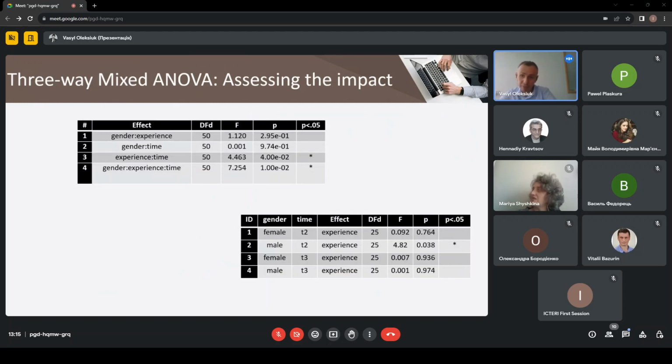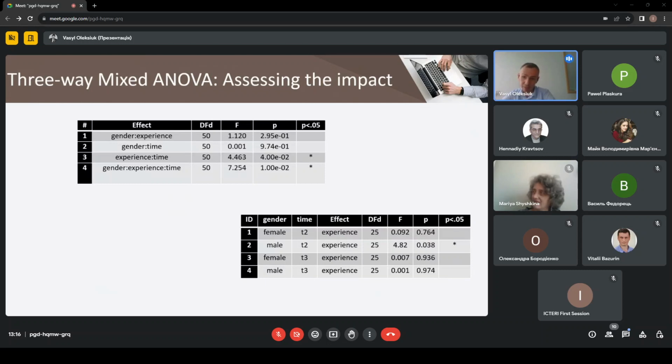The first table on the slide contains the results of the called function get_anova_table. As can be seen from this table, there was a statistically significant three-way interaction between gender, experience, and scores obtained by students during repeated measures. The last outcome can be proved by multiple pairwise comparison. We group the data by time and gender and perform pairwise comparison between experience levels, yes and no, using the Bonferroni adjustment. We performed the function pairwise_t_test and got a statistically significant p-value.